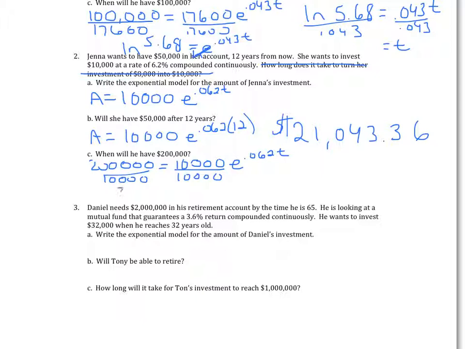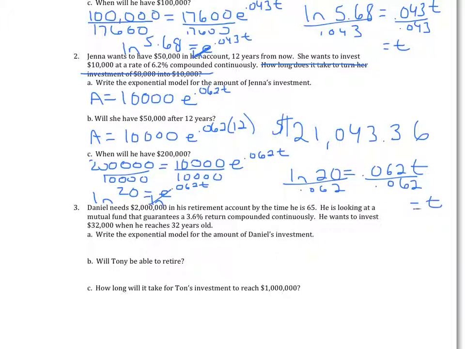And we get 20 equals e to the 0.062t. And if we take the natural log, that cancels out the e, so we have to take it on both sides. So the natural log of 20 equals 0.062t. Divide by 0.062 on both sides, and our time would be